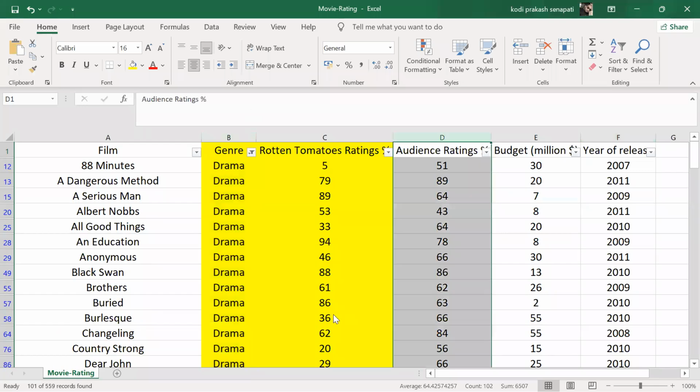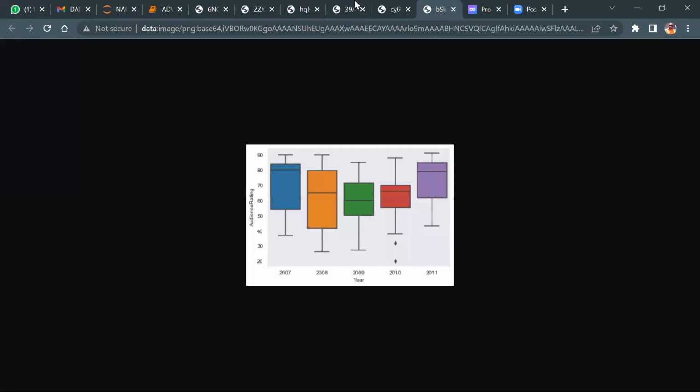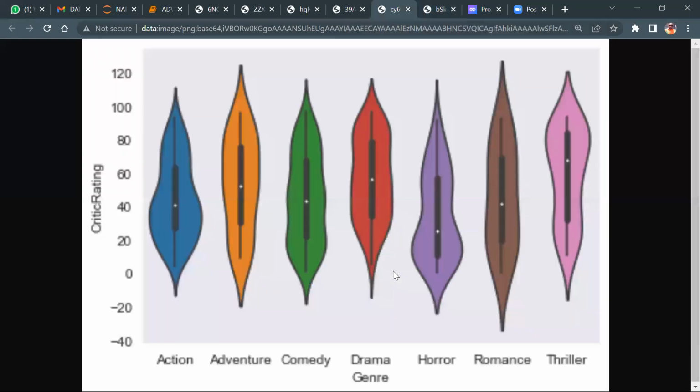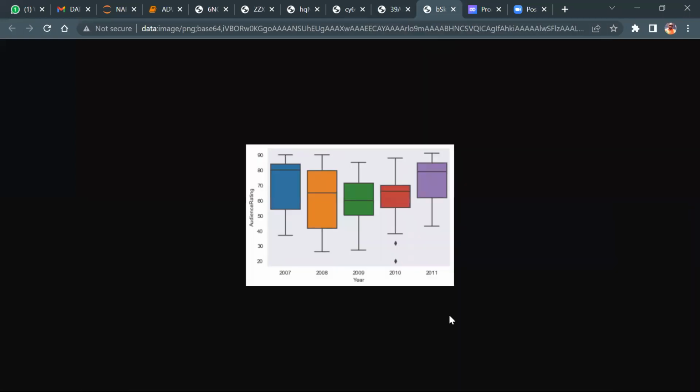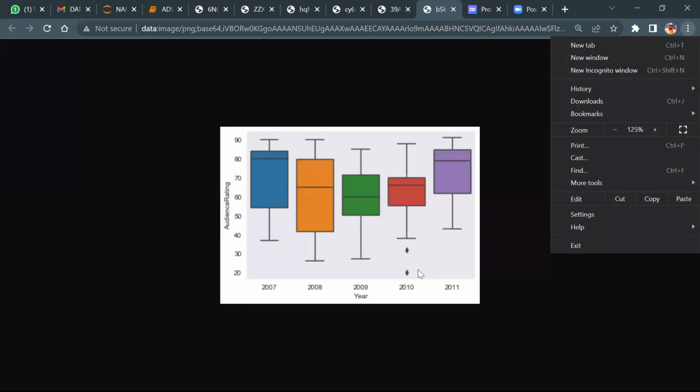Now let's see this. Do you see the difference between the two plots? This is the plot for the entire genre, isn't it? In this case, what exactly happened, guys? This is only for the drama category. Now, being a data analyst, can you show these things to the CEO, stating, sir, for the drama